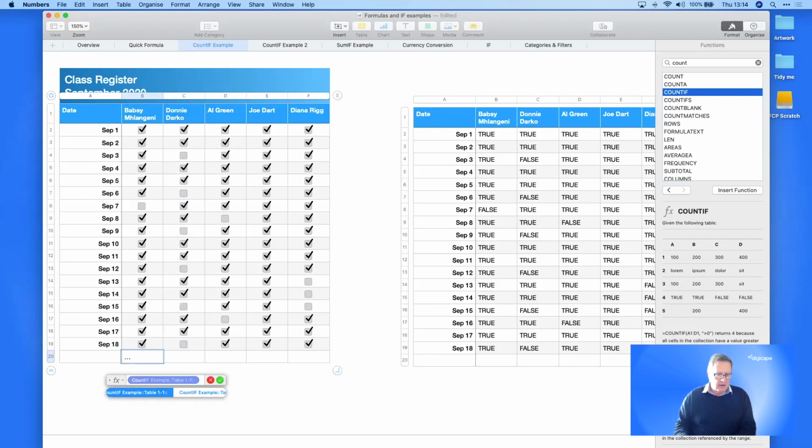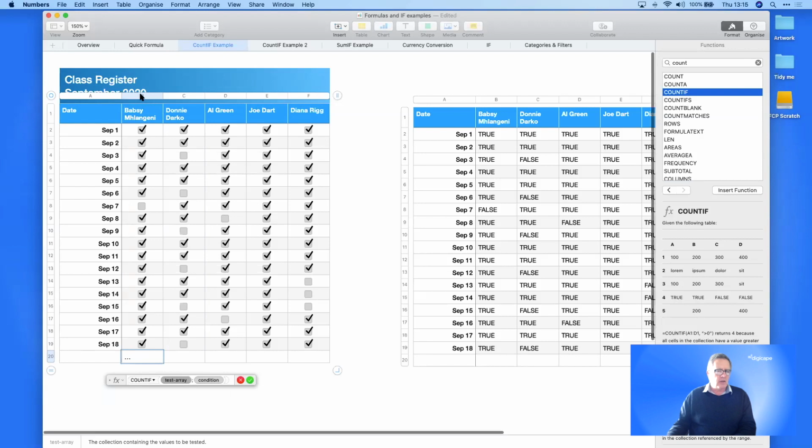Right. And if I go to the left, you'll see there's a lot of counts. There's Count, CountA, CountBlank, COUNTIF. That's the one that I want. I insert it, and it says, okay, test the array. Now, I can click and drag through these, or Numbers will also let me,